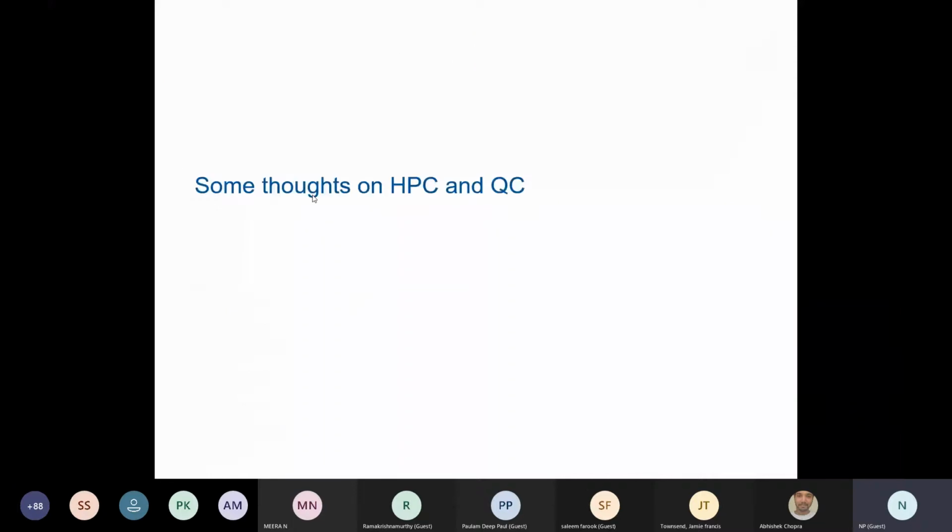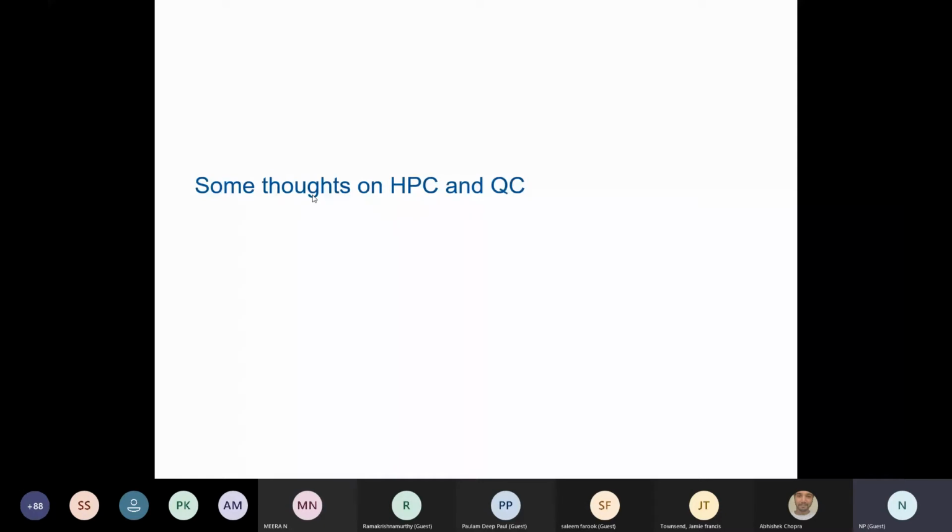So coming to, I'll just finish up in the next maybe 5 or 10 minutes with some of my thoughts on high performance computing and quantum computing. Less on the quantum computing side, because I don't work in that area, but probably more on just general thoughts of